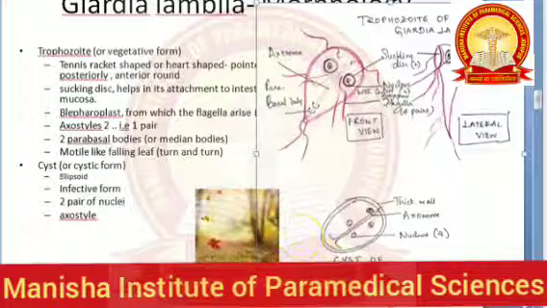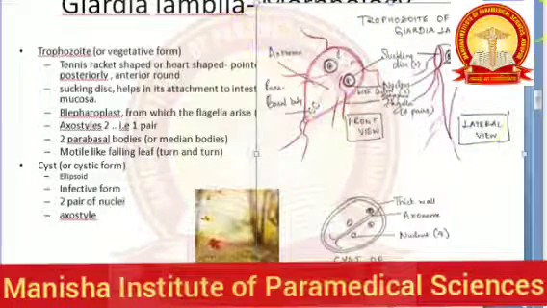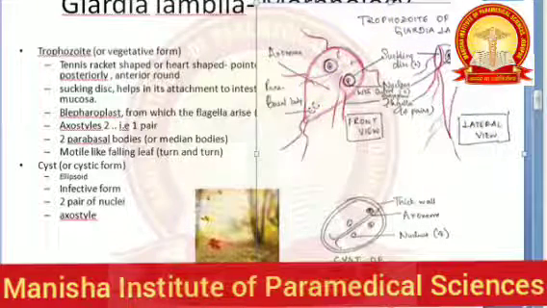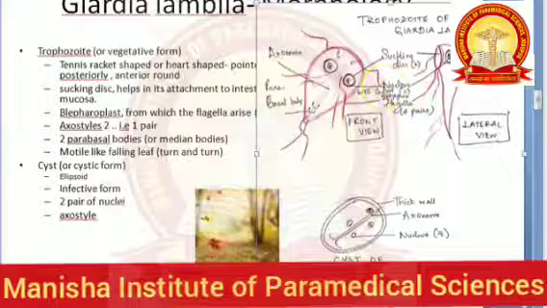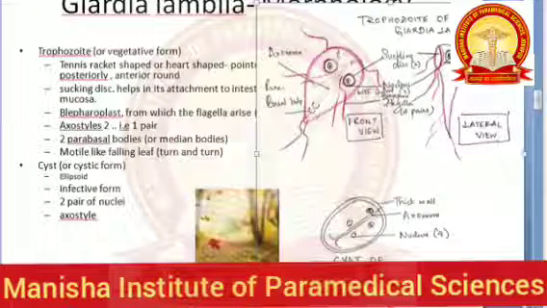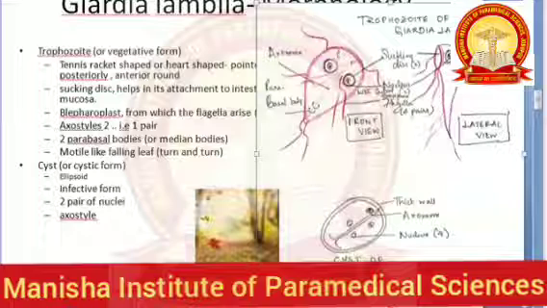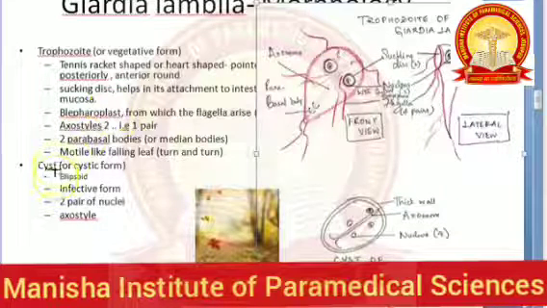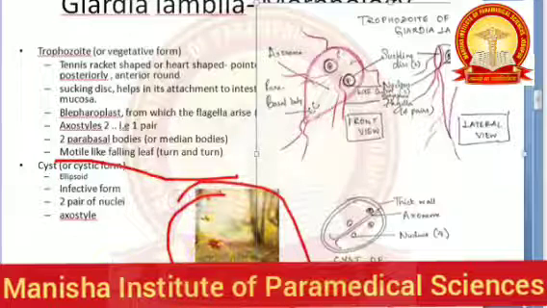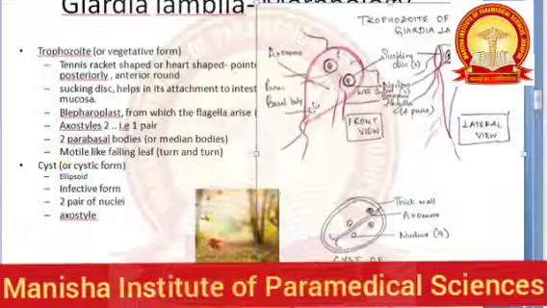It's really interesting to see the motility of these organisms in stool, be it Giardia, be it Strongyloides stercoralis, be it any other parasite, or even motile bacteria. When you see the movement, it gives you goosebumps. So Giardia is one of them which gives you goosebumps. It will show you falling leaf motility.